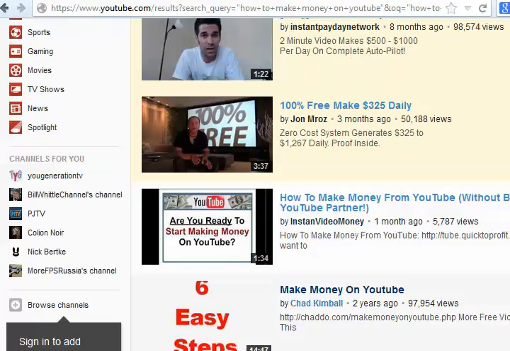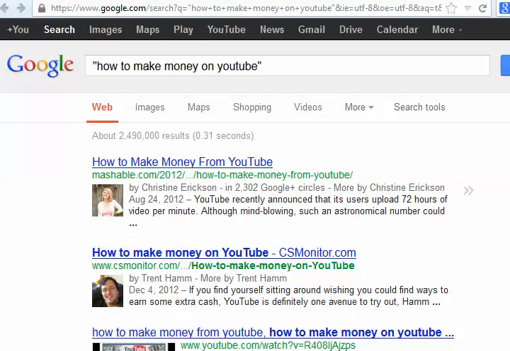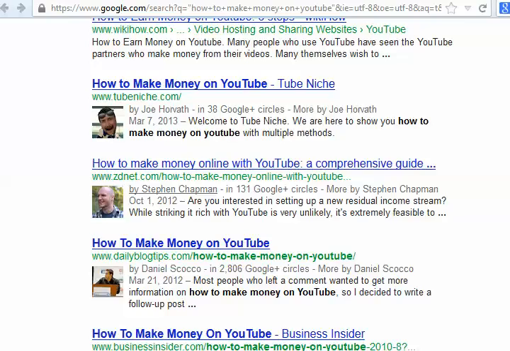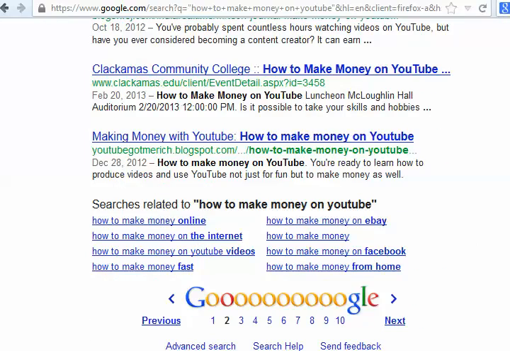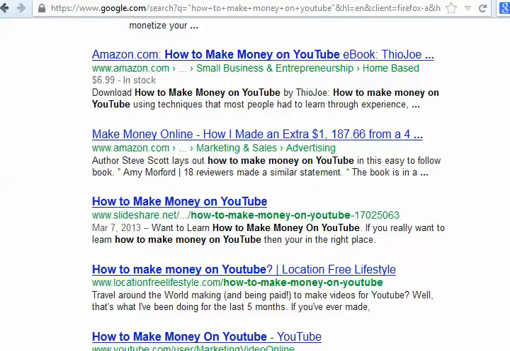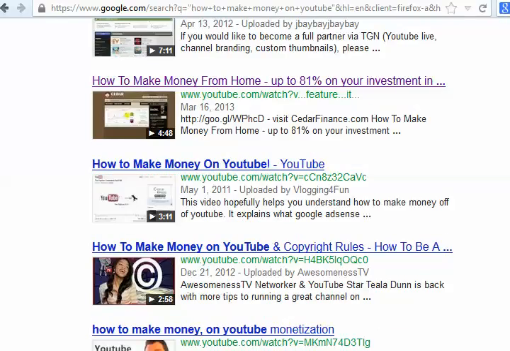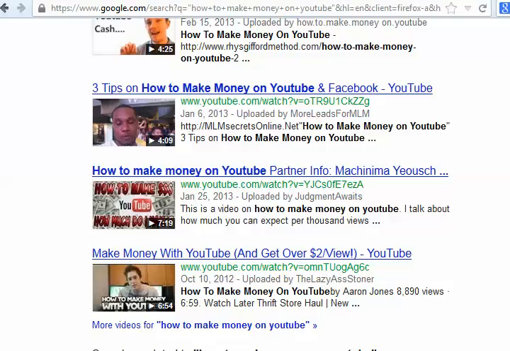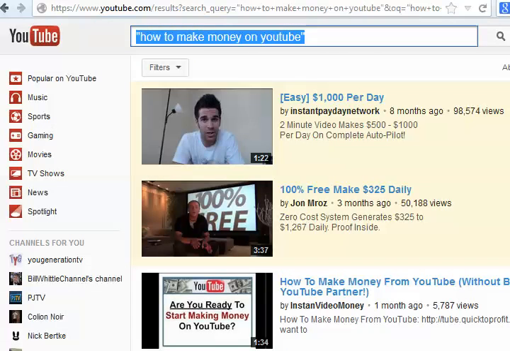And you can see that it's ranked for all these keyword phrases, and it's getting traffic from all those keyword phrases. But if you do the same keyword search in Google itself, the video is nowhere to be found. So it shows that there's quite a difference in the search algorithm. See, I'm already on page 4 and still don't see my video. So you can see there's quite a difference in the search algorithm between YouTube and Google.